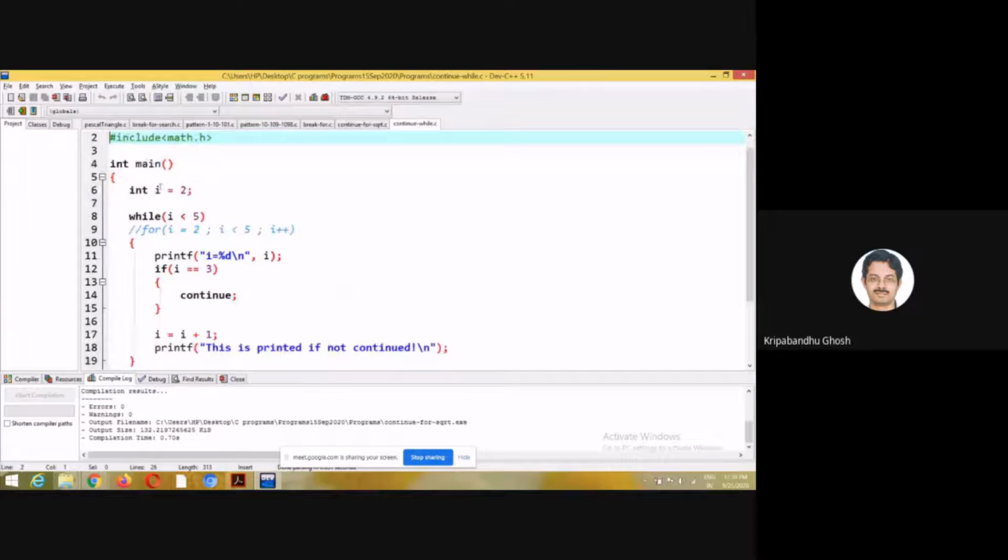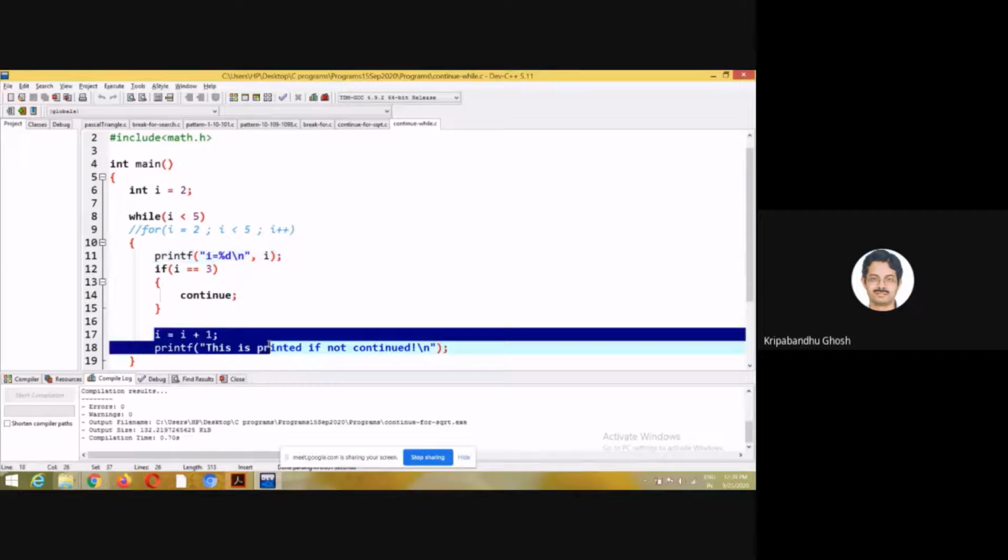I is equal to 2 and I check while I is less than 5 and I'm printing the value of I here. If I equal to 3, I do continue. So it will skip the remaining body of the loop. Then what will happen at I equal to 3? Can you tell me?